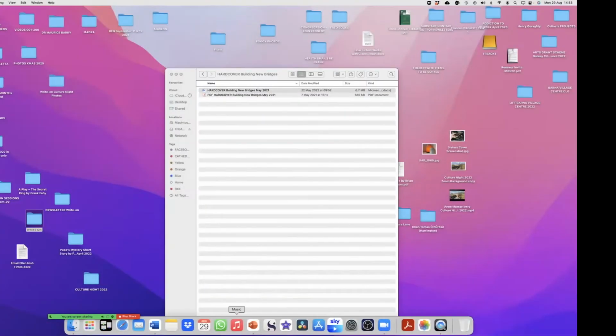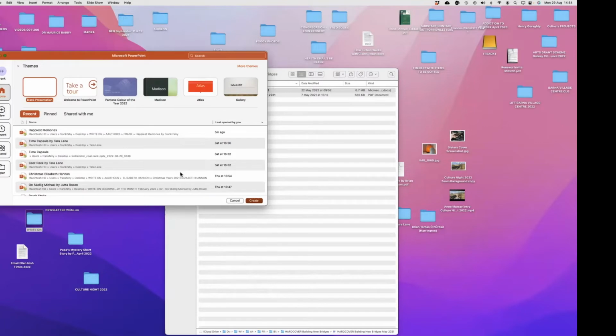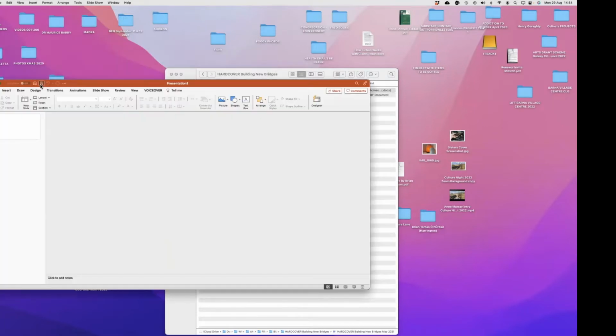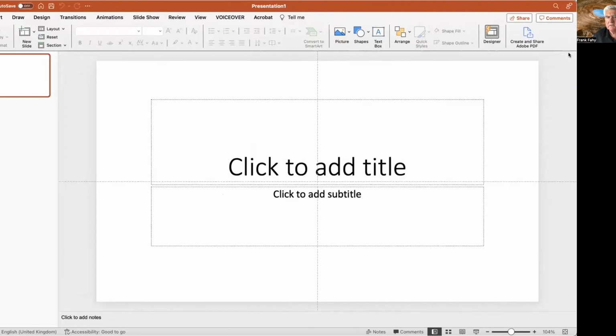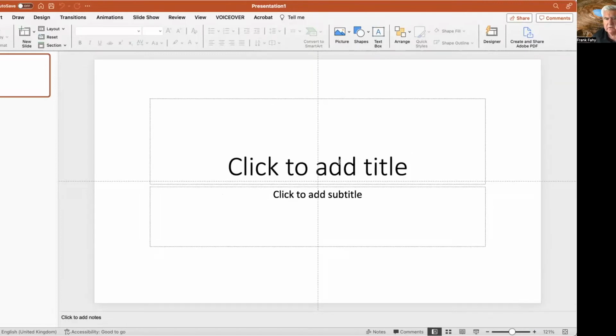So now I'm clicking on the PowerPoint logo, Microsoft PowerPoint, and it opens up, and I'm going to click on blank presentation. Now it opens automatically on my machine with what we call a title page. Click to add title. Now right now I'm not too concerned about the title. So what I want to do is just to add in an extra one or two